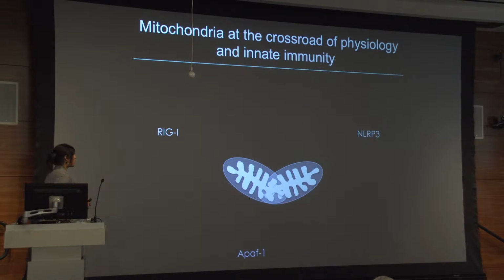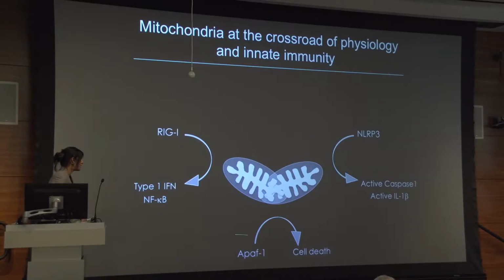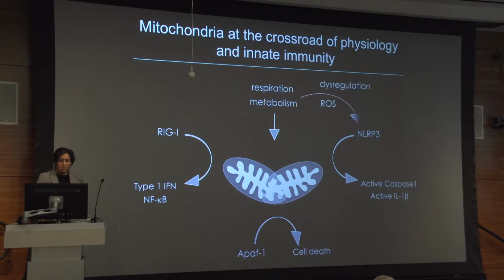And so to summarize this part, we'd like to believe that our data, along with that of others in the field, has placed mitochondria as central hubs for integration of many different immune responses, whether they be responses to viruses mediated by RIG-I, or danger mediated by NLRP3, or cell death mediated by another protein called APAF1. We do know mitochondria are involved in respiration and metabolism, and recent literature has begun to establish links between